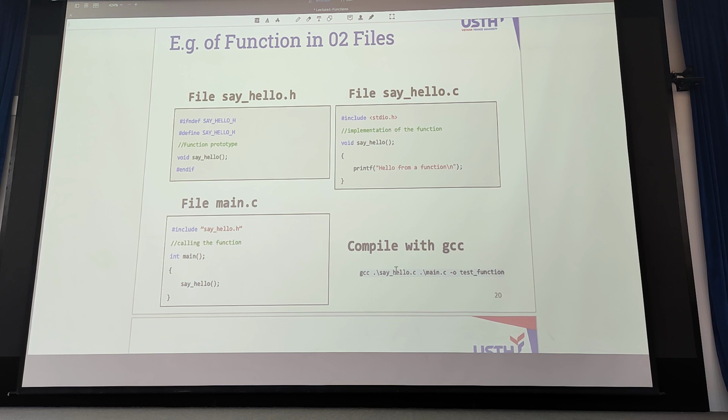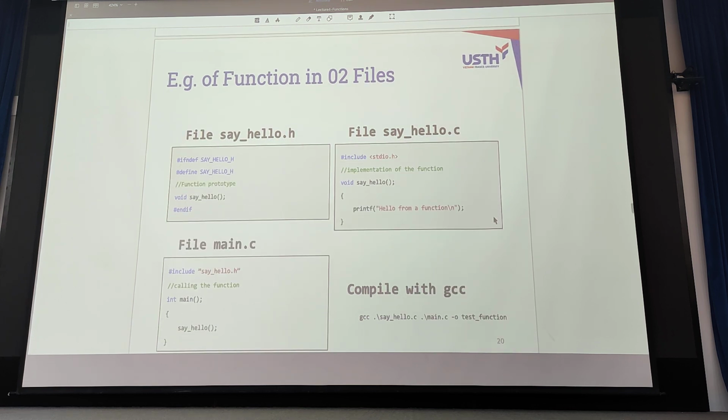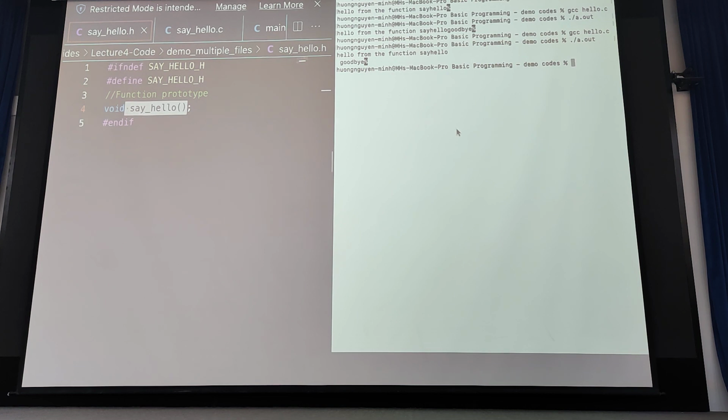So in GCC you have to compile all the implementation files and create an executable named test function that links these two.